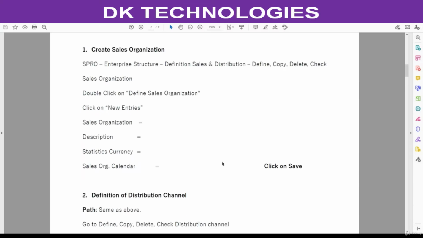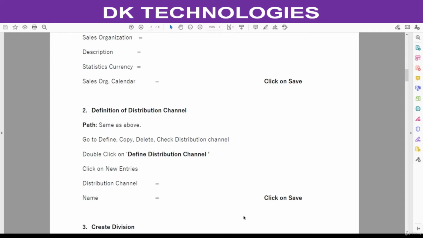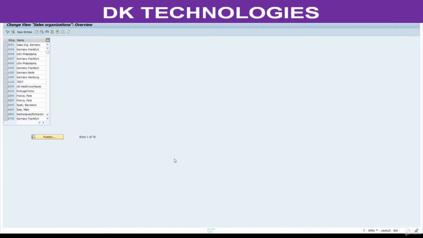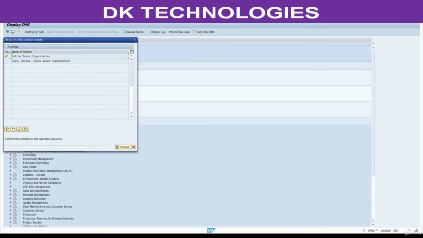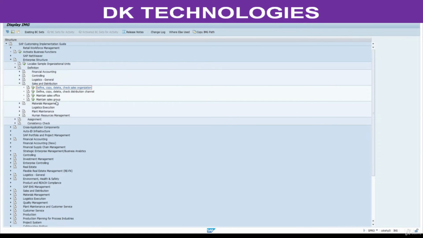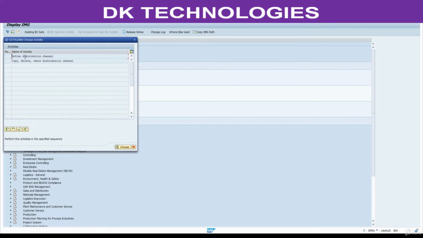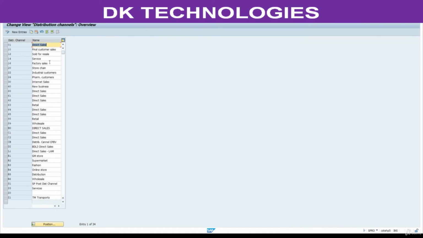Next step is to define a distribution channel. Go back. See, here you will find a distribution channel. Distribution channel means how we are selling this, like wholesale or retail or through agent, direct sales. We need to create this one. See, here we have retail 88.